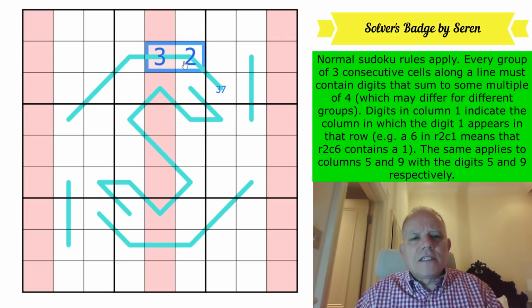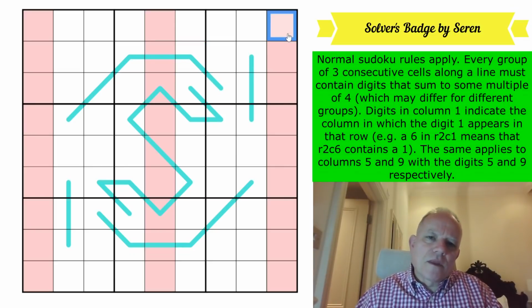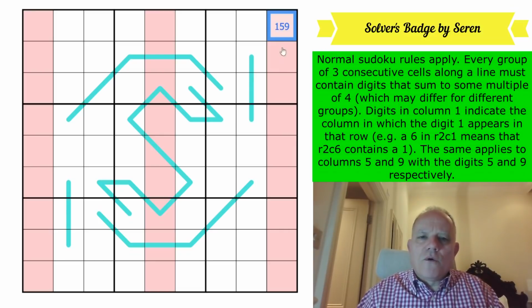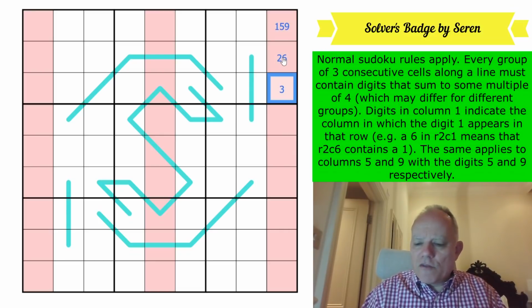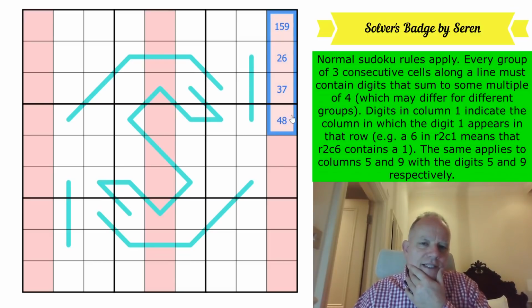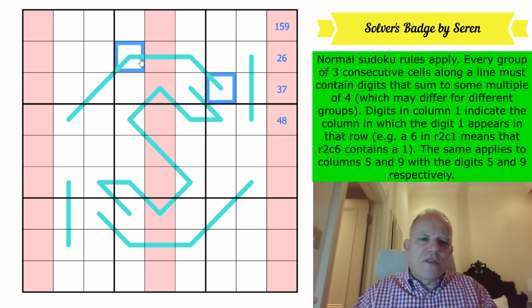But okay, it's kind of about modulo 4, isn't it? There are 4 sets of digits: 1, 5, 9 are 4 apart, then 2 and 6, 3 and 7, 4 and 8, which we've seen in some contexts. And yeah, they're going to appear every 3rd cell. So on this long line,